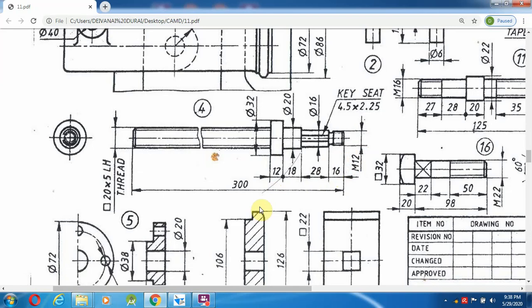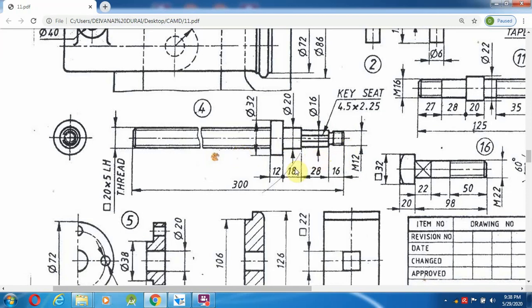As we have seen in the previous assembly drawing, up to 12 mm and 16 mm the solid cylindrical part we have to create first. Initially the threaded portion comes up to a certain part, then the remaining things have to be created over here.